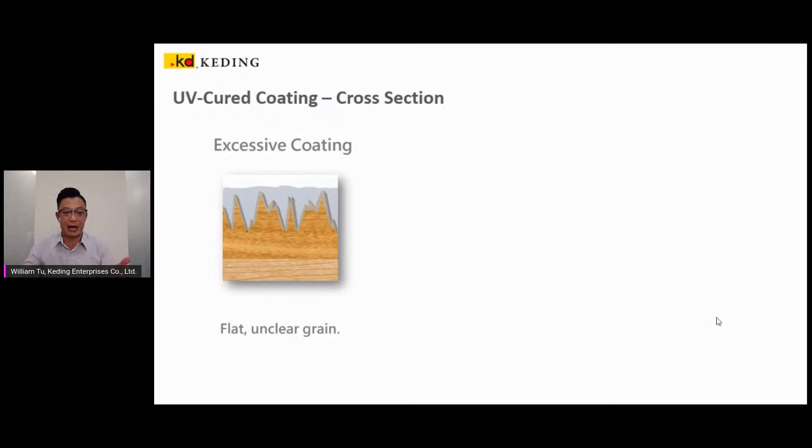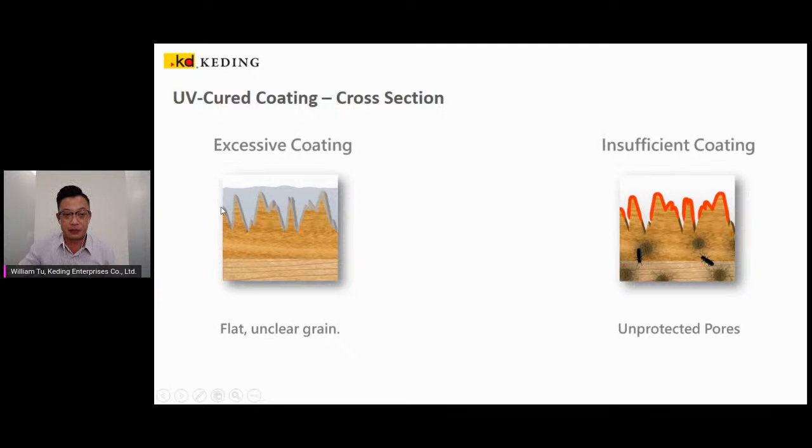So if we take a look at the panel, wood is not completely flat. If we see the cross section of the panel, these are the wood and the wood pores. Wood tends to have wood pores, so how we cover or protect it is very important in the long run. As you can see, sometimes coatings can go very excessive. This creates a flat and unclear grain, which means that you cannot actually see the beauty of wood when you have a thick layer of protective coating. On the right, we can see that sometimes, to let the wood become more clear and more beautiful, we apply insufficient coating. This means the pores are not totally covered. So what does this cause? Moisture and some insects can go in through the pores and create a lot of problems